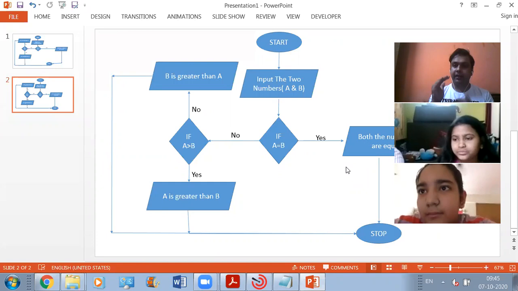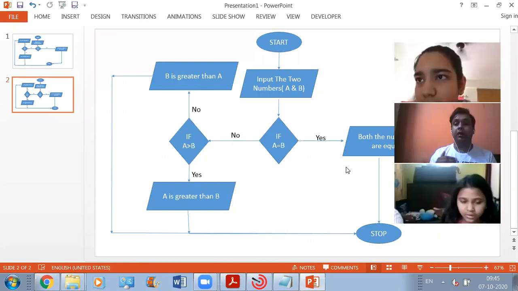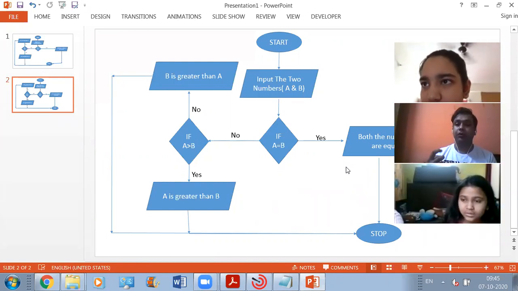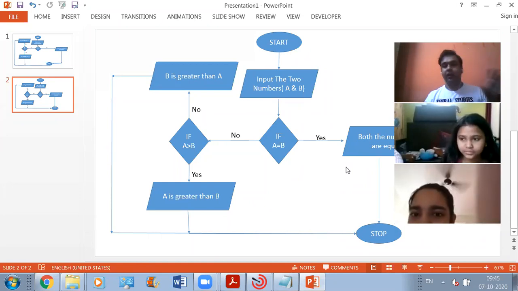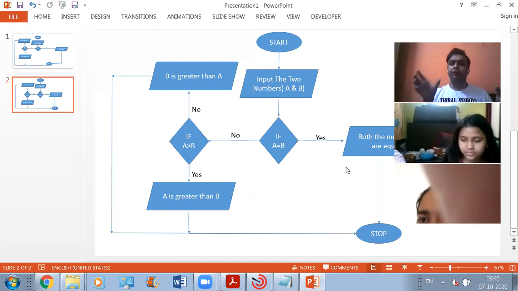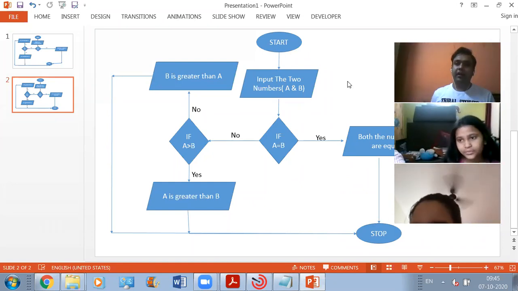Now, after writing these two things, in case you get this question in your exam, you have to give an example also. Write an algorithm in one part, and after that draw a flow chart for that algorithm. Automatically the answer will be clear. Is this thing clear to every one of you? Yes, sir.